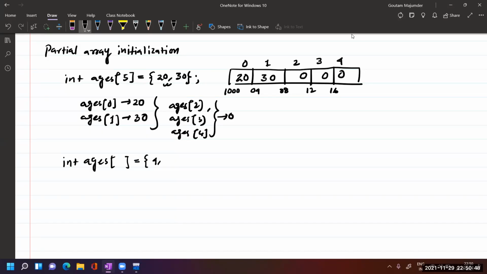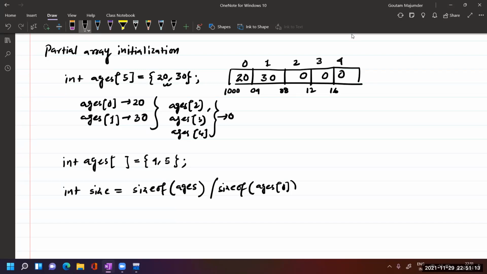Suppose I am passing 4 and 5. To calculate the size, the compiler will apply this equation: size of the array, which gives me bytes, divided by the size of the first item or any item of the array, ages of 0.